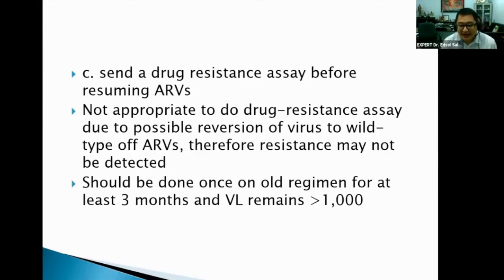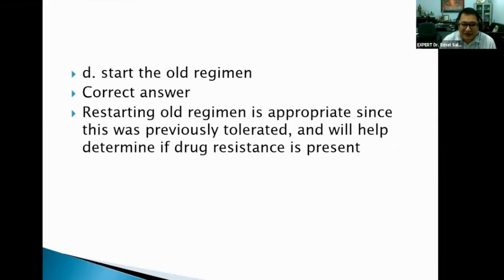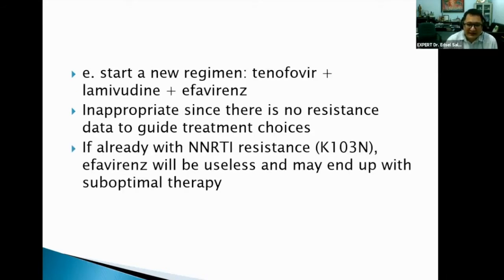Kung undetectable siya, then you can continue taking your old regimen. That means that wala talagang resistance. Okay? Start the old regimen. Again, this is the correct answer because if you start the old regimen, you're not compromising anything that hasn't been compromised before, and it will help you determine if drug resistance is present by doing the viral load again in about 3 months. And you don't want to start a new regimen kasi for instance, resistant na siya to EFAB,